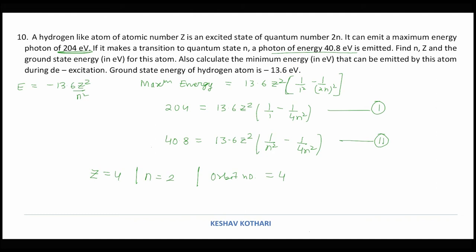Now the question is asking to calculate the minimum energy that can be emitted by this atom during de-excitation. So for minimum energy, the transition must be taking place from 4 to 3. So n equal to 4 to n equal to 3, the transition is taking place for minimum energy, and we can write this expression as E equals 13.6 into Z